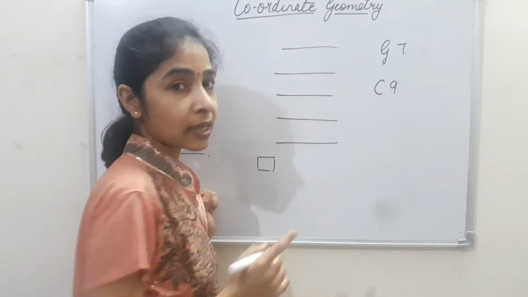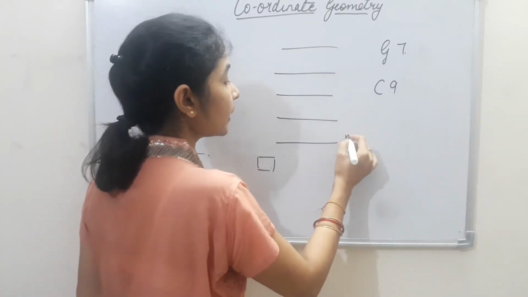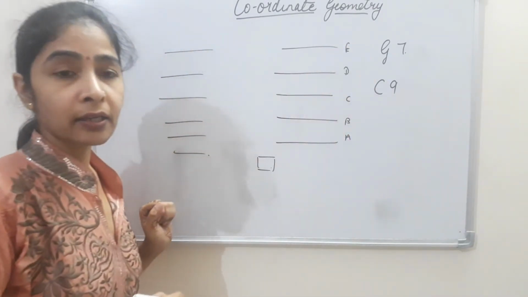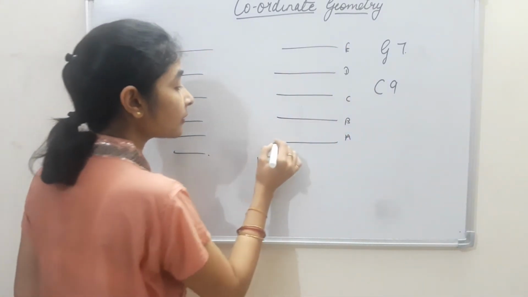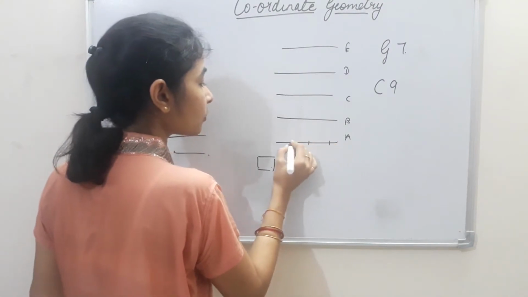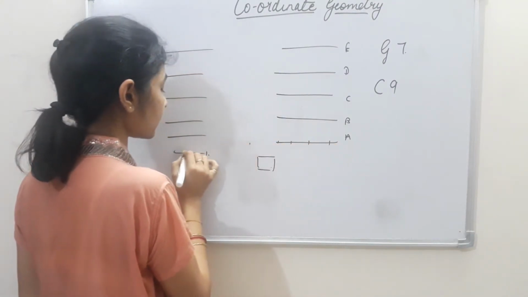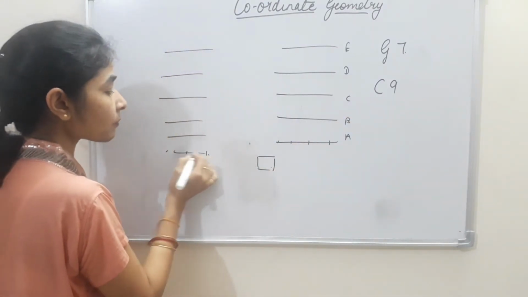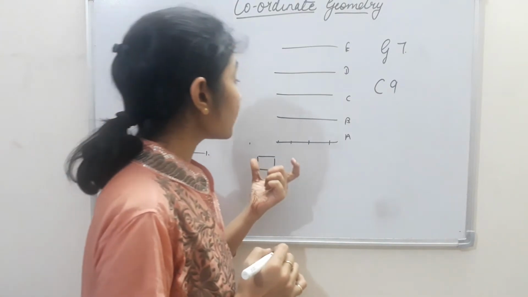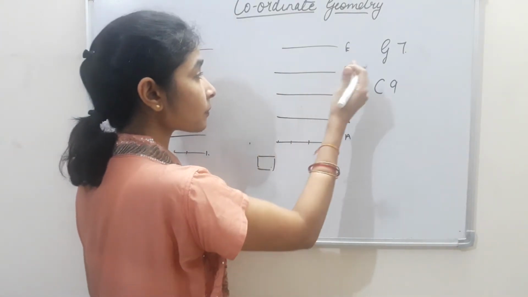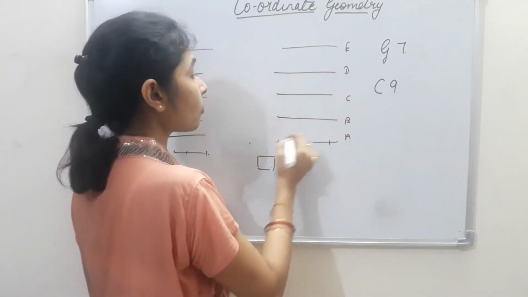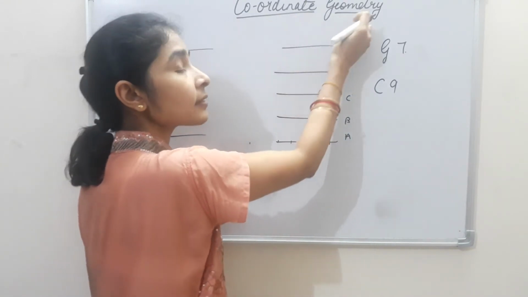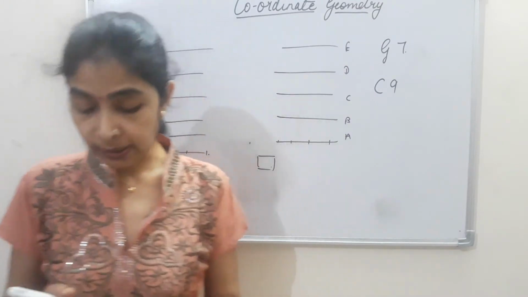How are those seats numbered? First of all, the rows are numbered, isn't it? A, B, C, D, E, like this the rows are lettered. After that the seats are given the numbers 1, 2, 3, 4, 5, 6, 7, 8, 9. So if you are given C9, then somewhere here you are supposed to go. If you are supposed to search G7, you will first find the G row, and then you will go to the 7th number.